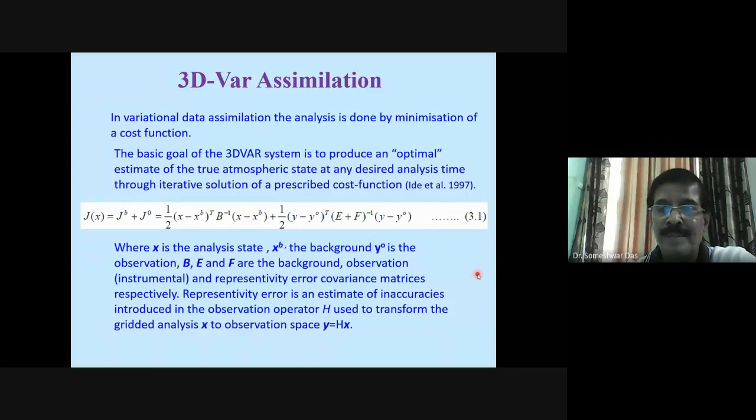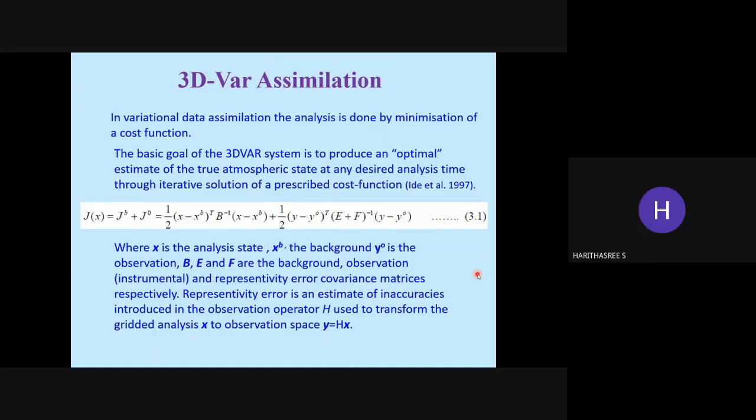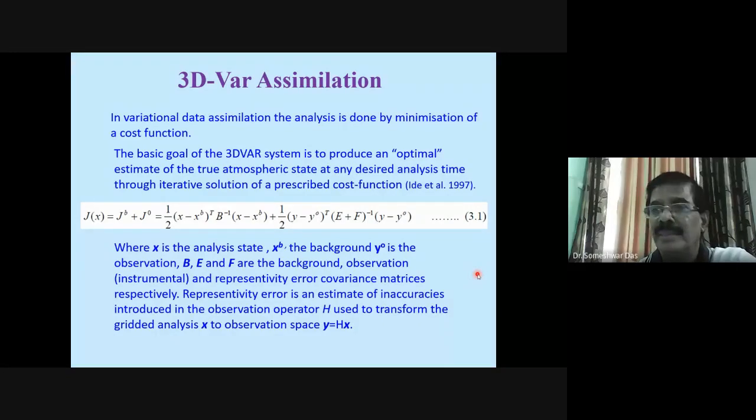If you recall the governing equations of the model, do you recall any of the equations which contain rate of change of reflectivity with time, or rate of change of Doppler velocity with time, or rate of change of radiance with time? Any such equation in the governing equations of the atmosphere? Yes or no? No, sir. Right? Yet these are very important observations which are assimilated in all the numerical weather prediction models. So how do we do that?